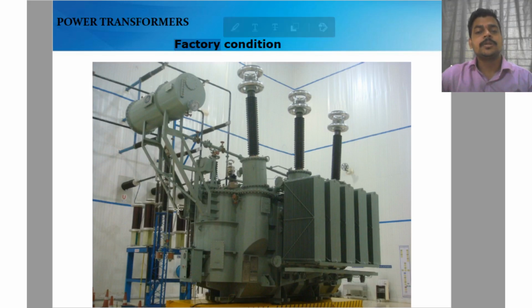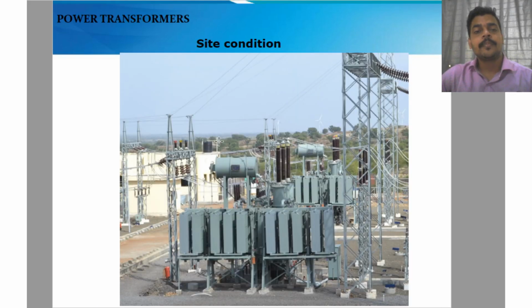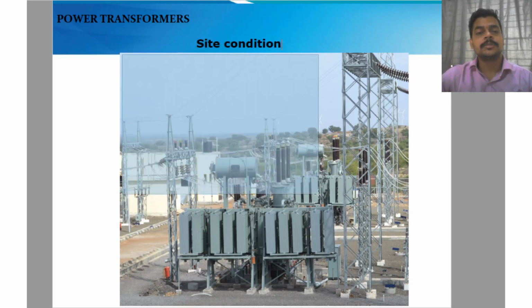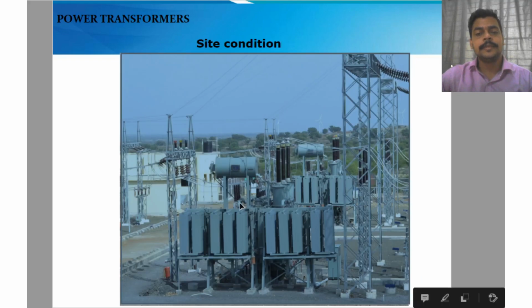The company which manufactures this power transformer makes the tests on it after manufacturing. Then they have to lift that transformer from the factory and fit it inside the substation. So this is the substation area. You can see the transformer is fitted here like this. They have made the base, and some parts of this transformer are grounded.